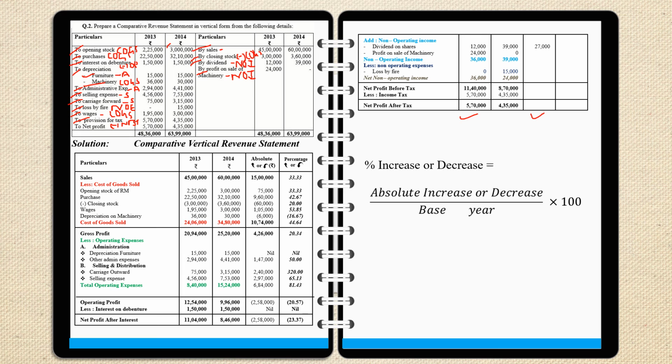So अगर हम ध्यान से देखें तो सेल हमारी इंक्रीज हुई. First step we need to look at the sale, क्योंकि प्रॉफिट गिरने का फर्स्ट थिंग क्या हो सकता है कि हमारी सेल्स कम हुई होगी. But if we look in the question, there is an increase of sale of rupees 15 lakh, which is equal to approximately 33%, 33% का इंक्रीज हुआ है, सेल हमारी बढ़ी है। तो फर्स्ट रीजन वाइप्ड आउट, बाहर निकल गया कि सेल्स की वजह से प्रॉफिट गिरा है, नहीं, सेल्स तो बहुत अच्छी हुई है।